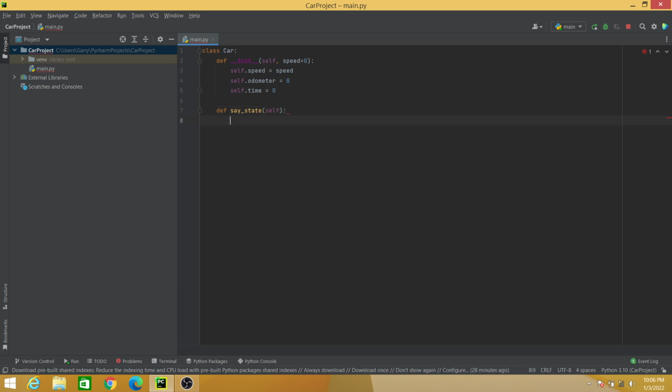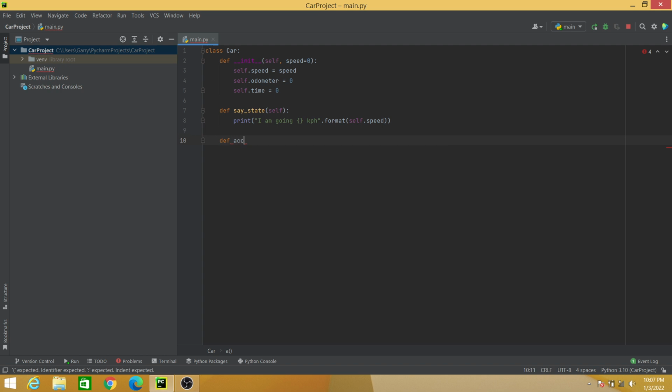And then print "I am going", and then kph, and then using the format function, and then we will pass here the parameter self.speed. Next we will need another function called accelerate,